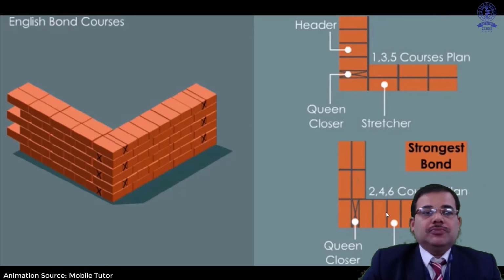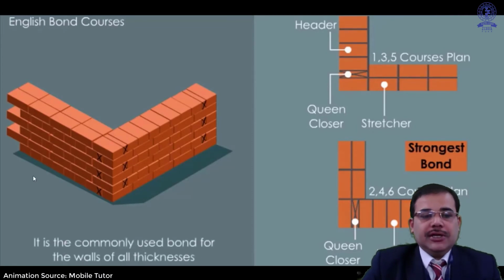Now in case of English bond course, when it is being implemented on site, you can observe this will be the length of the entire brick, and along with this, parallelly, all these bricks will be laid to the alternate layer, and then over which there will be the total header layer. So at the first, third and fifth course plan, you may observe all the stretchers on one side and all the headers on the other, whereas in the alternative or next layer, there will be the second, fourth, sixth layer. You may observe all the headers over stretcher and all the stretchers over the header.